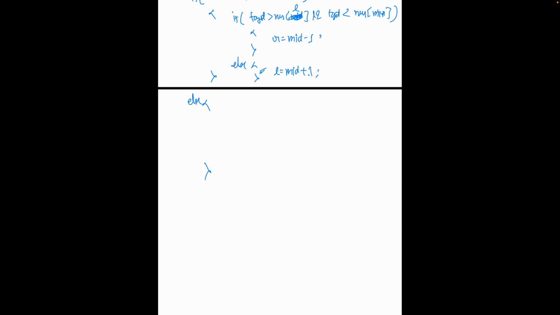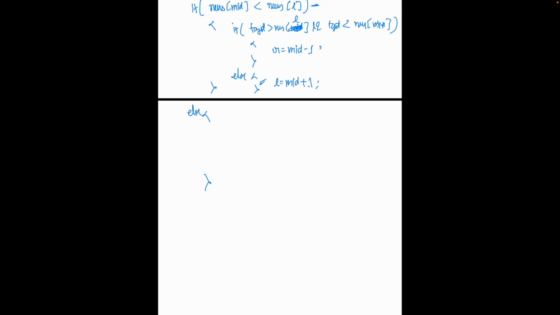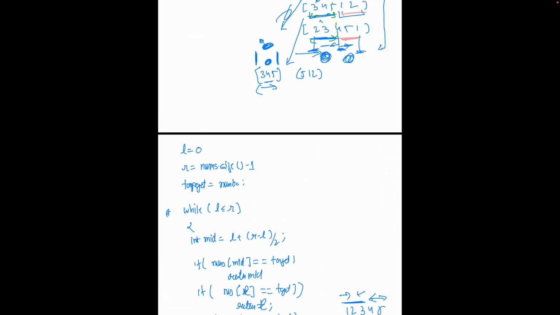And else, now this is the tricky part. We are going to come here only when the nums mid left part is not sorted. So that means that the right part is sorted. So the only thing that we know until here is the right half is sorted. Now we still have to figure out, let's say,